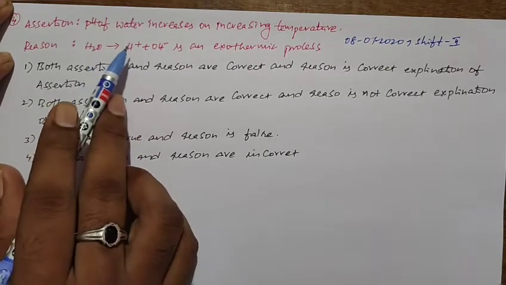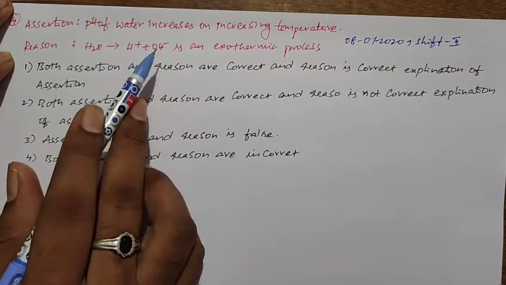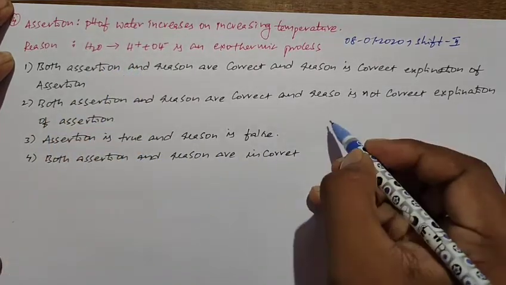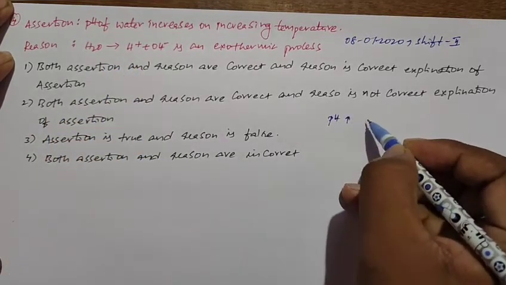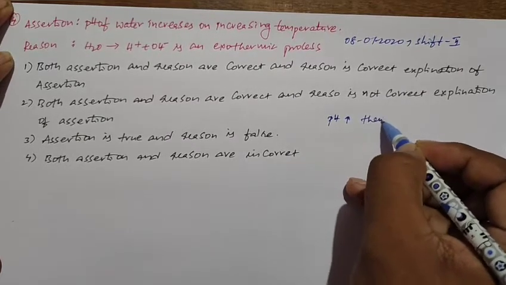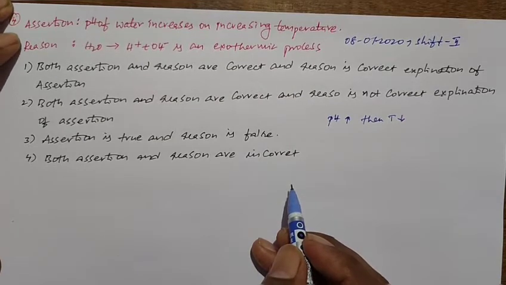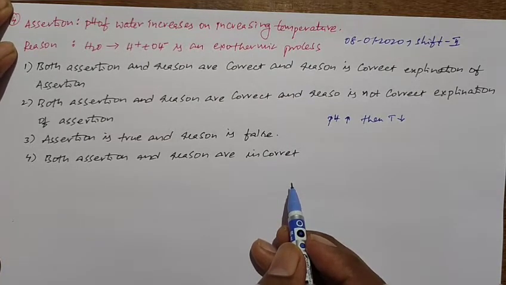Actually, the pH of water increases with decreasing temperature, or decreases with increasing temperature. I mean, if pH increases, then temperature must decrease. So pH and temperature are inversely proportional to each other. So the assertion is wrong. When you go for the reason, H2O gives rise to H+ and OH-